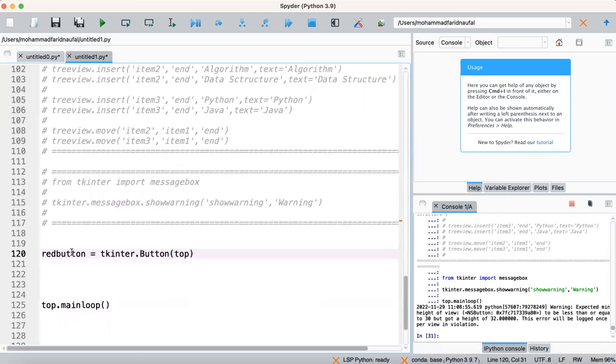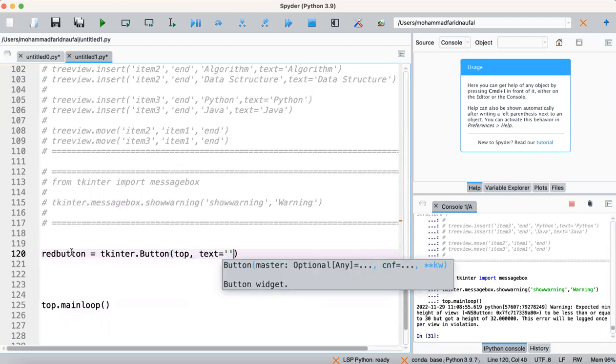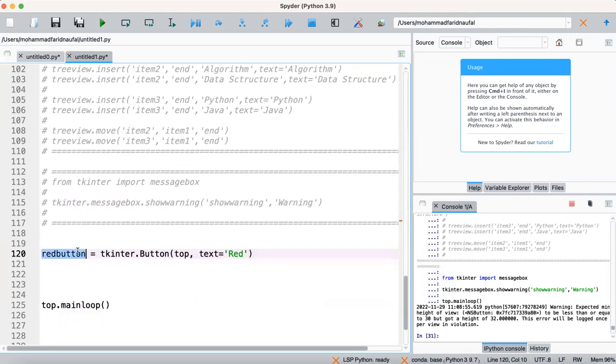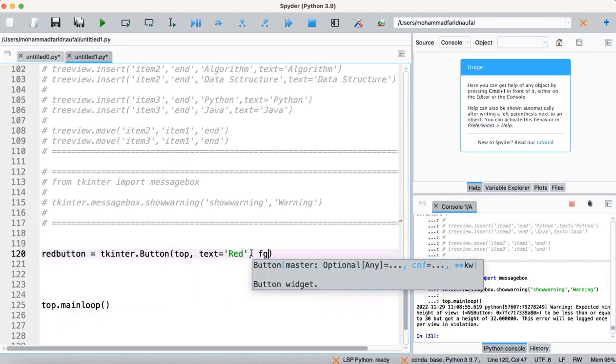Then text equal red, because we give the label for this button as red. Then the foreground equal red. Sorry, not foreground, but font color.